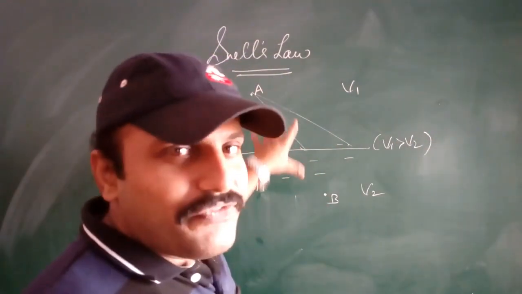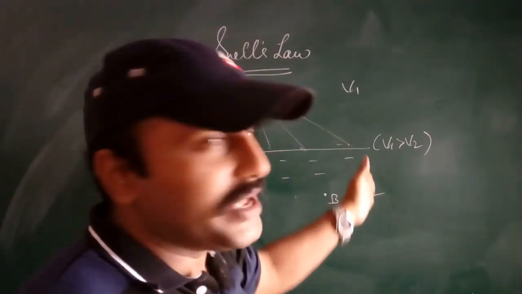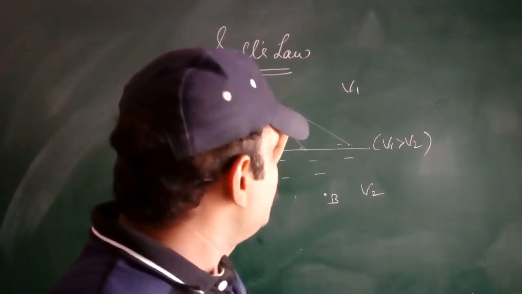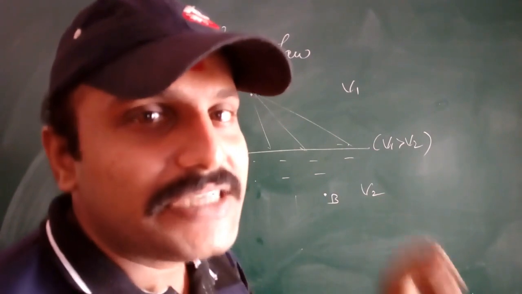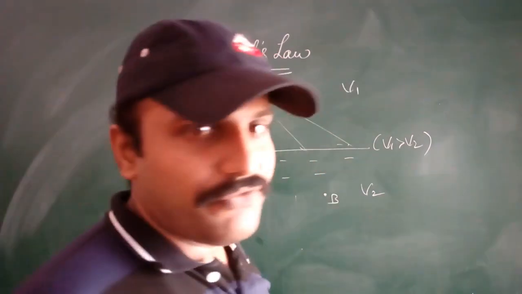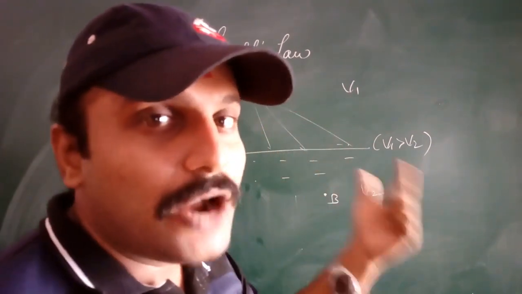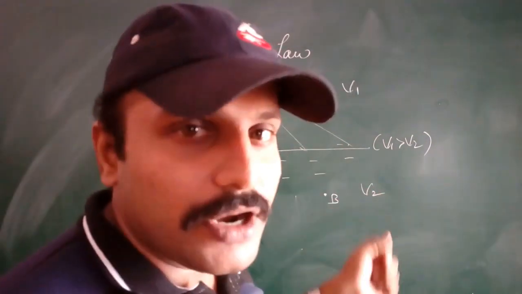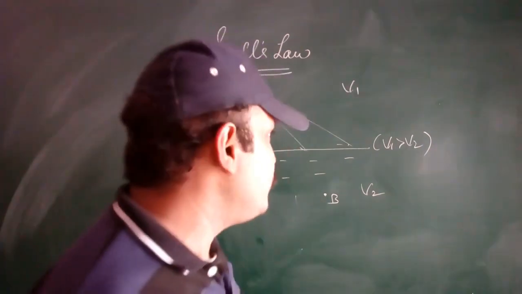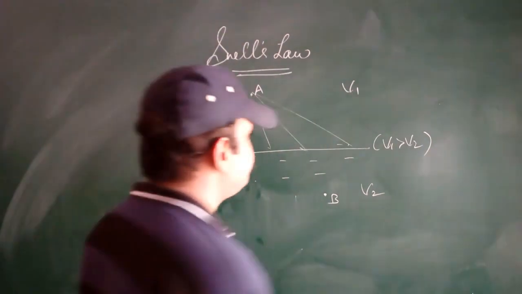As I said, there are different paths in which you can save your friend. But you should select the particular path which takes very little time to save your friend. So you must know which path to take so that you can save your friend. That is what we require.